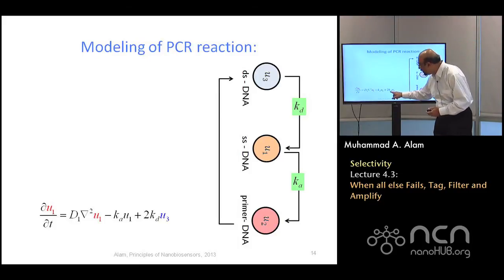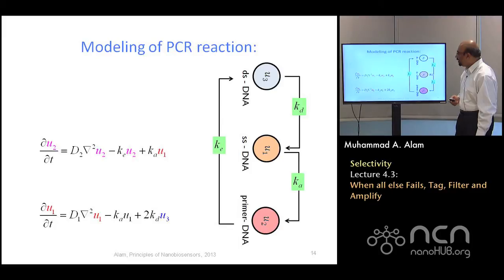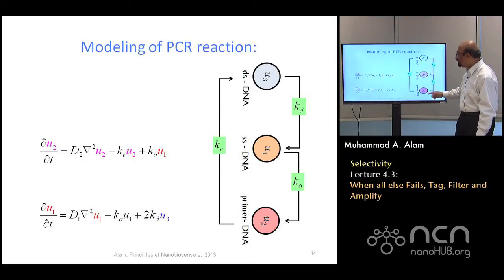So those are the 2 rate constants I have written in the differential equation. This diffusion coefficient is simply saying that they are swimming around. Now what about U2? U2 is the primed DNA. Remember the long DNA I had, I start at a given point, that's the primer. Primer sort of initiates the rebuilding process. And for U2, we'll have the same thing.